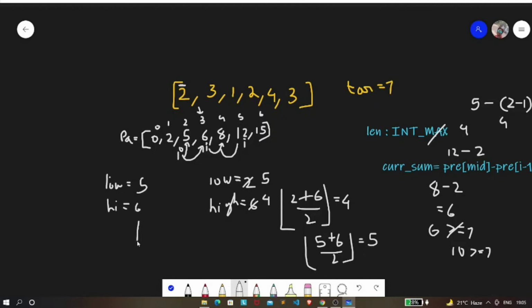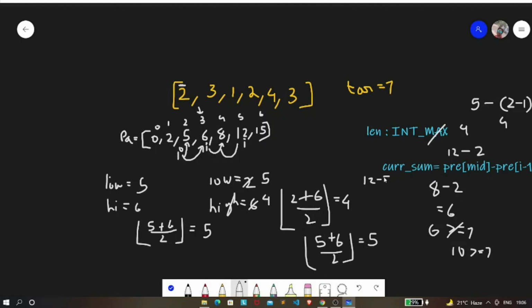If we find the mid of it, it's 5 plus 6 by 2, and this is going to give me 5. So our mid is 5. If you find the current sum, it will be nothing but pre of mid, which is 12, minus pre of I. Now our I is pointing to index 5, so I minus 1 will be 4.